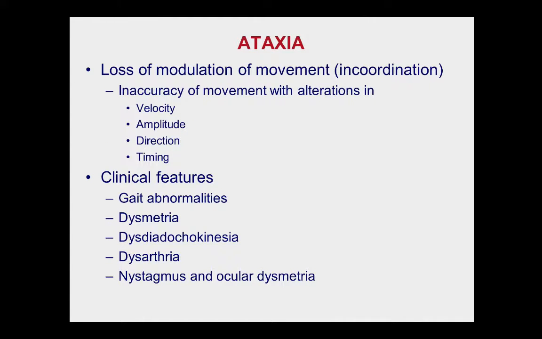So what is ataxia? It's basically a disease of the nervous system that results in incoordination. So velocity, amplitude, direction, timing of movement are thrown off. And the clinical features are usually problems with gait, problems with measured movement, so people don't stop movements at the right point. Rapid alternating movements are affected. Speech is often affected, dysarthric speech, problems with eye movements. And basically, this is what happens if you become intoxicated with alcohol. So the cerebellar system is affected quite frequently, and actually highway patrolmen are very good at doing the cerebellar examination, because that's